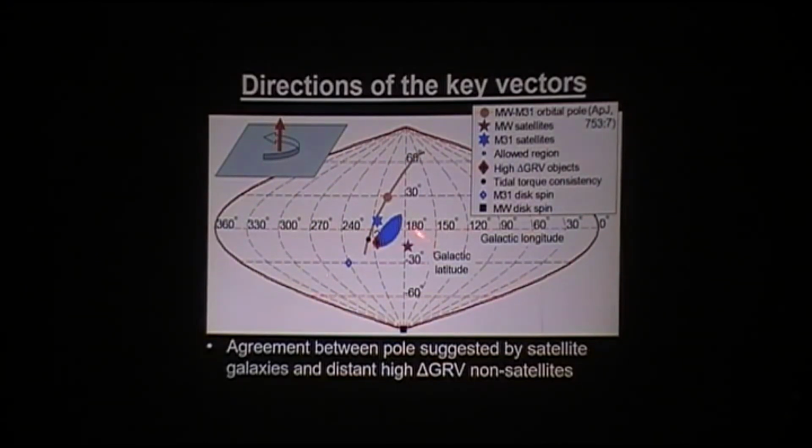What we did with this blue region is kind of say, when we're doing the statistics, allow anything in this blue region. Well, maybe you should have allowed a smaller region or something, but we'll see what the results are of doing that. So was this all just a fluke?